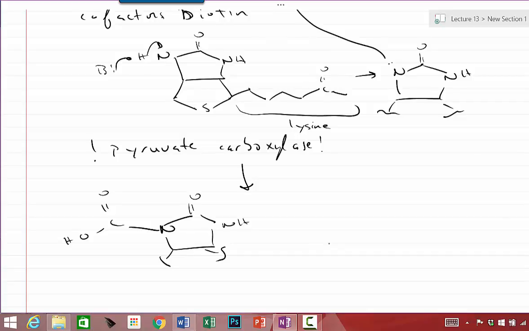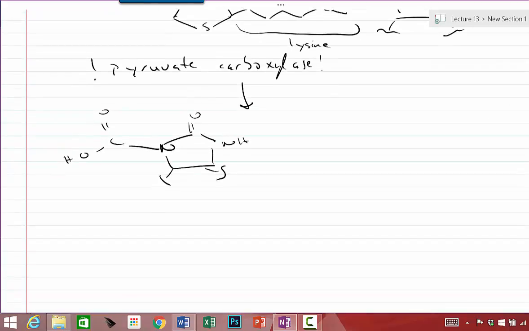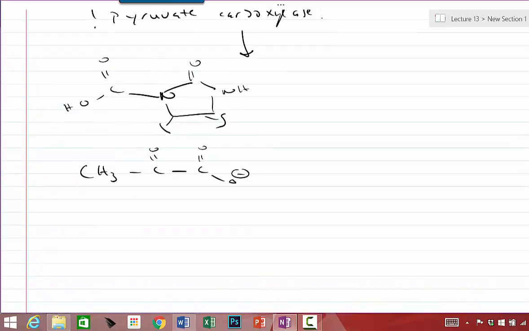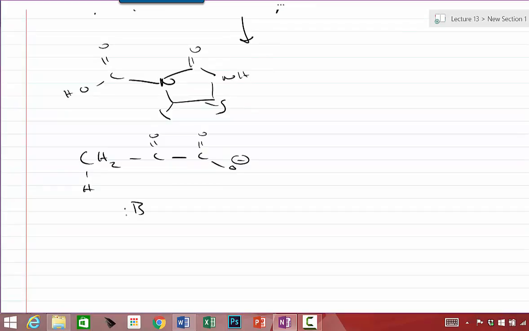Okay, so that is the biotin attached to the bicarbonate. And then the next step, we need to attach this to pyruvate. And so pyruvate looks like this. So what happens is that a base, just go ahead and redraw this a different way. So that's pyruvate. So a base is going to come along, remove that proton there on the